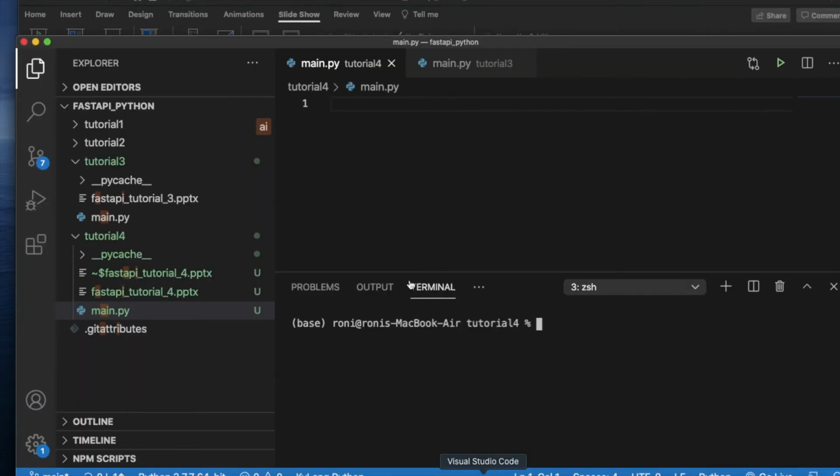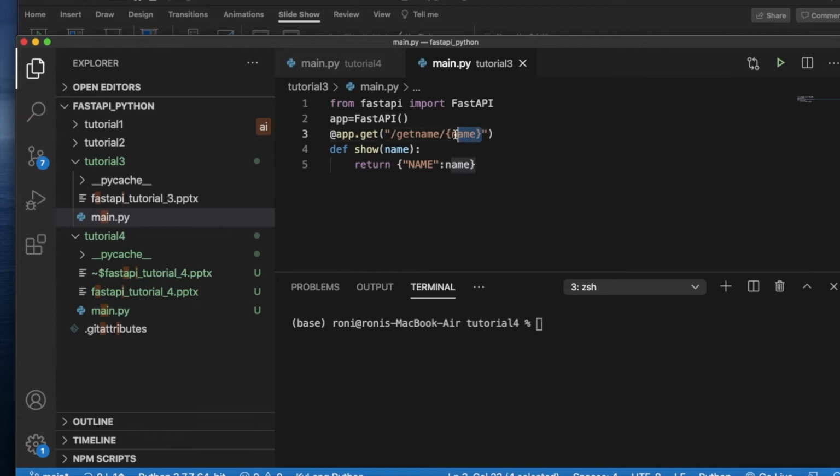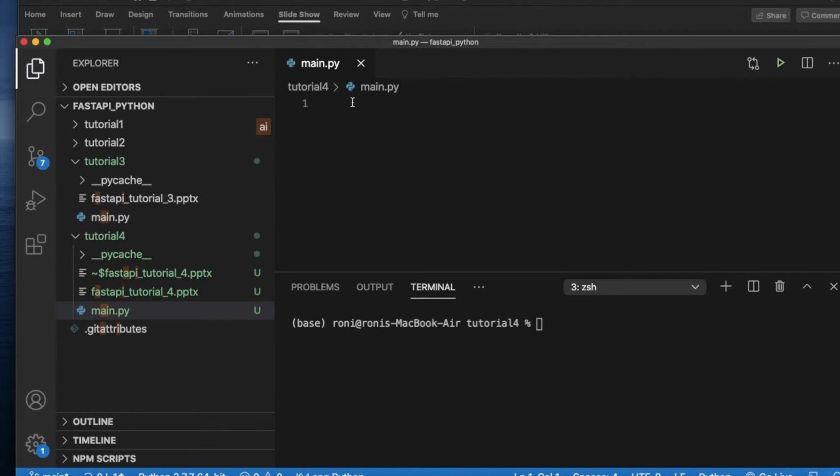If I open this, okay, this is my tutorial. This is the path variable. Whatever is inside the curly braces, as I told you, you can use it as a dynamic variable to form your dynamic URL. So this is going to be the path variable. In this tutorial we'll see a bit more about this. Okay, so let me start writing the code first.